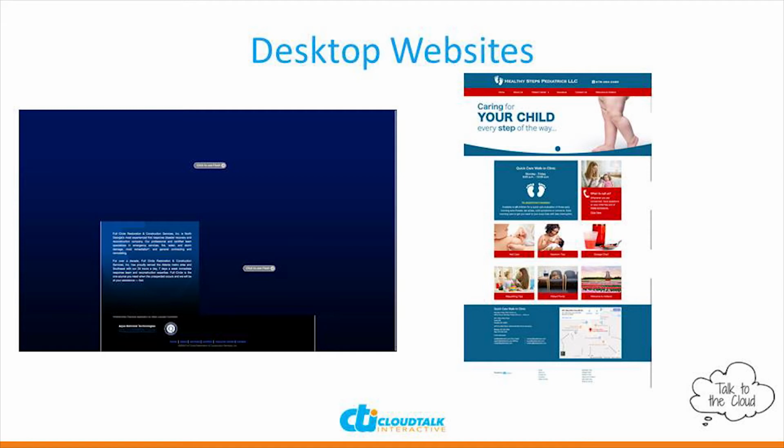Now, one of my pediatric clients, you know exactly what they do from just going to their homepage. Healthy Steps Pediatrics, their logo's up there, caring for your child. So if that's all you take away from their website, you know exactly what they do. There's a map at the bottom that shows you their location, the different types of services that they offer, contact